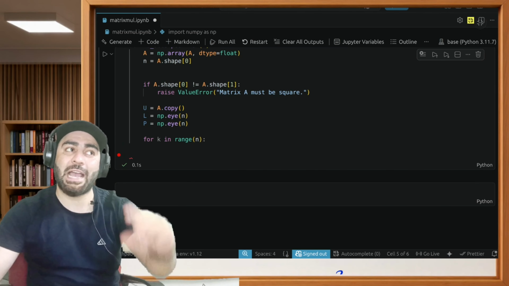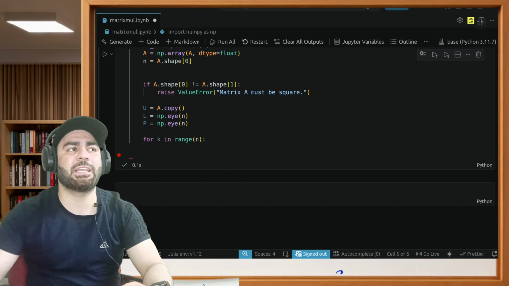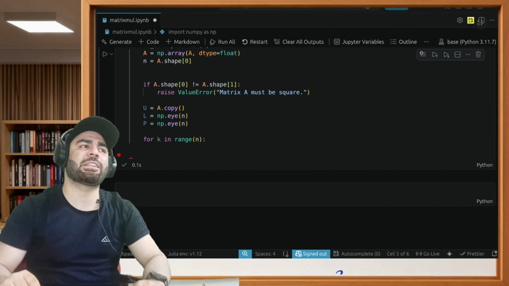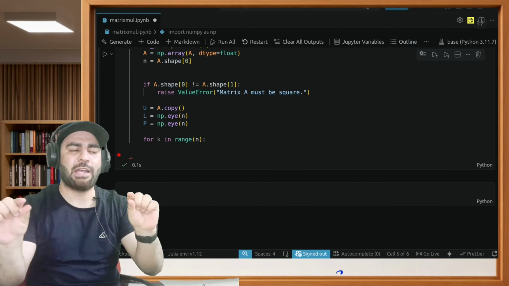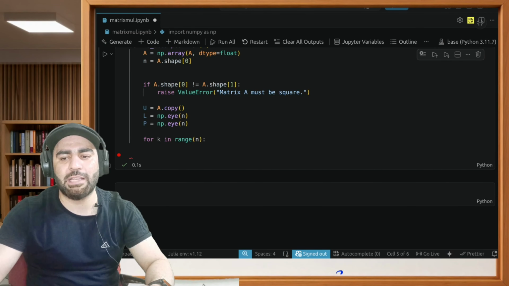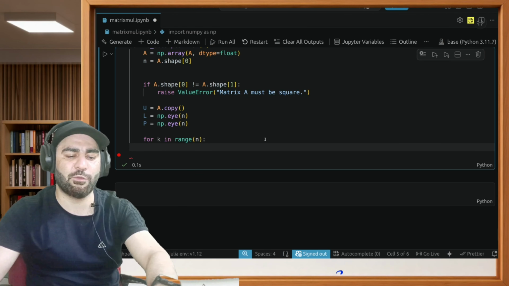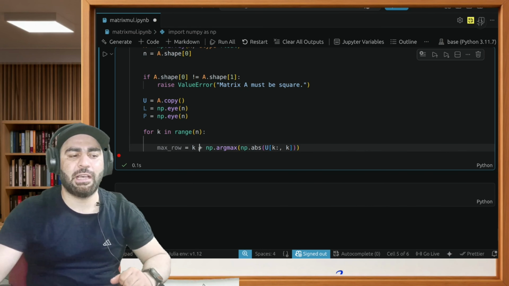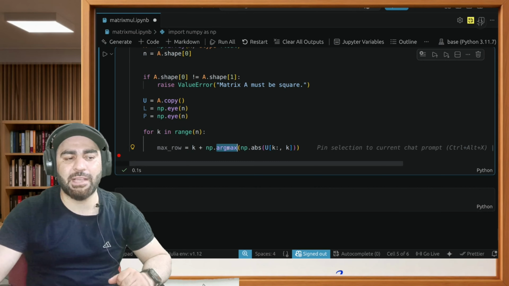What I have to do is find whatever is beneath the k. So the algorithm I told you: take this k element and go downwards and see what is the maximum element there. Whichever row has the maximum element, swap it. That's what I'm doing, I'm finding which row has the maximum element. So max row is k plus argmax of